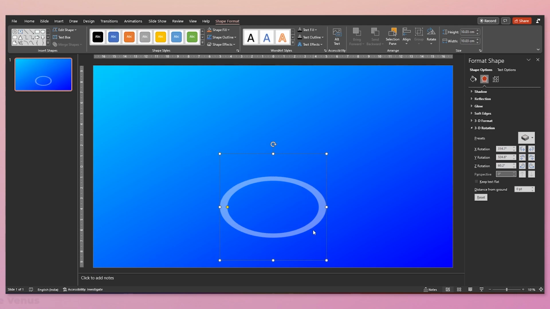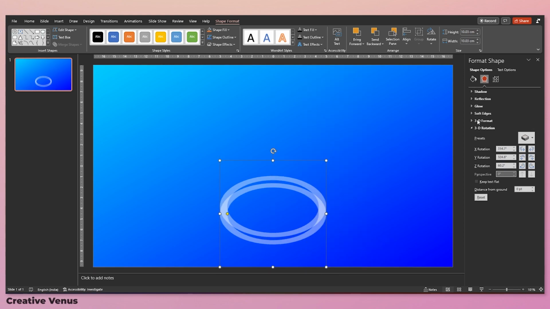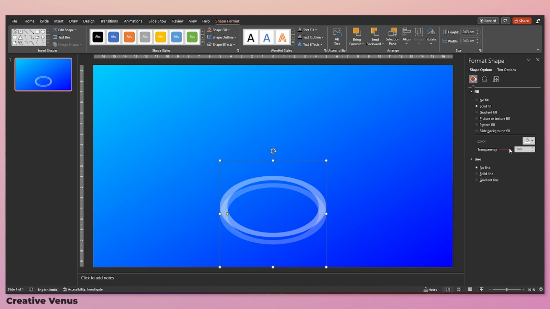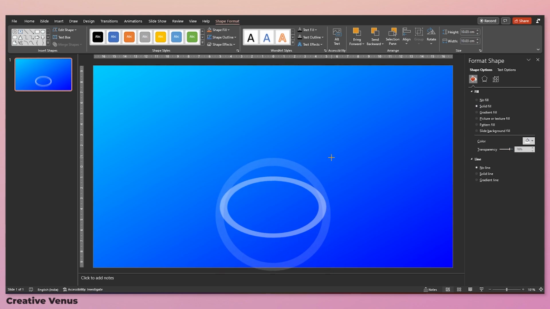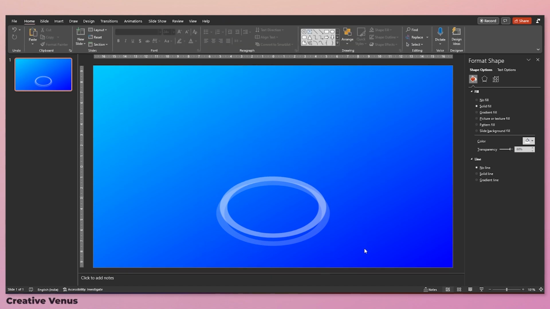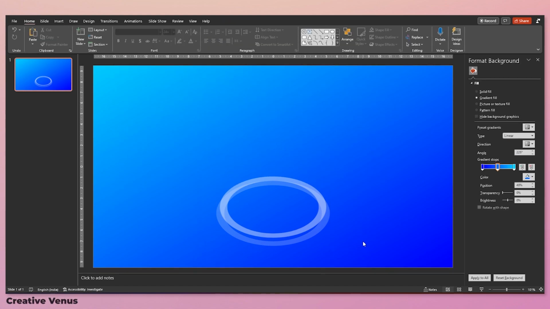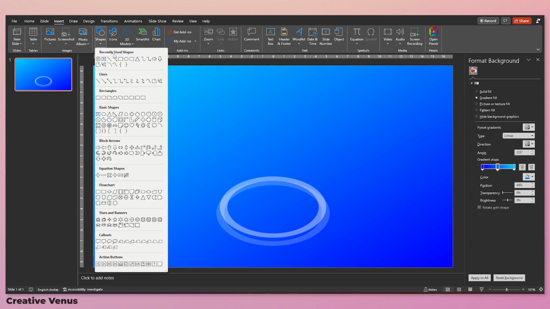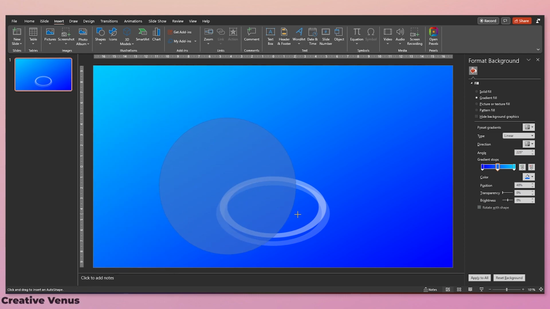Align to center, and then just duplicate it and send it to back, and increase the transparency further so that you can easily differentiate it, and you can see that these are two different circles. And also make it larger, so this will act as a base for the top circle. So this part is done, and now let's move to the next part, which is to create the circle